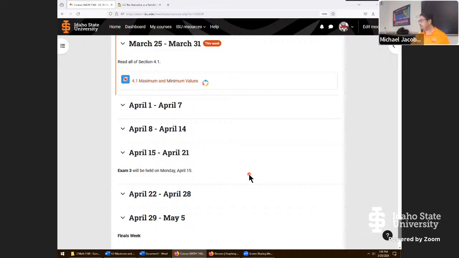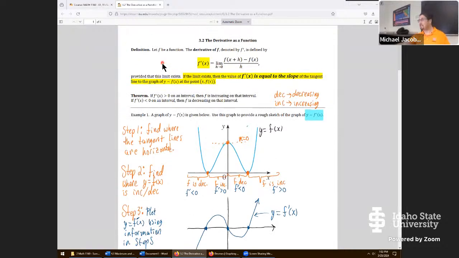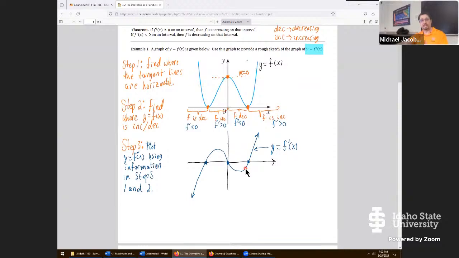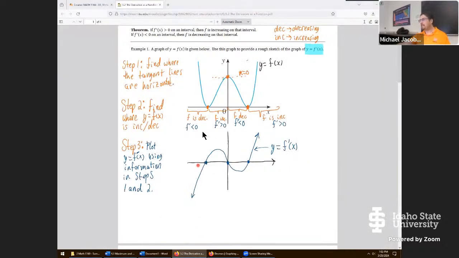Okay, well, let's jump in then. So what we're doing is pretty much section 3.2 again in a really real sense. The big takeaway with section 3.2 is not so much taking a function like this right here and trying to graph its derivative. I mean, that is still important, and it was part of some of our work. But what was really interesting about this section, we're talking about maximum and minimum values, is the observation that